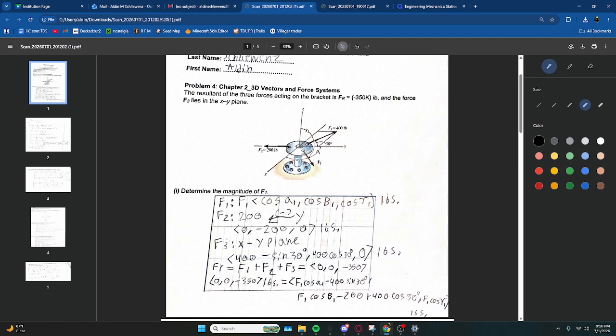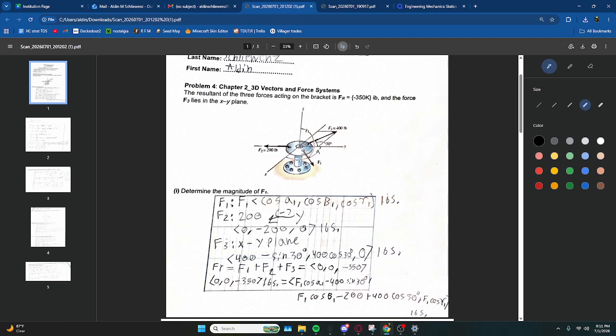F1 is cosine of alpha, cosine of beta, and cosine of gamma in pounds. F2 is 200 pointing in the negative y direction, which is 0, negative 200, and 0 in pounds. F3 is in the xy plane, which is 400 minus sine of 30, 400 cosine of 30, and 0 in